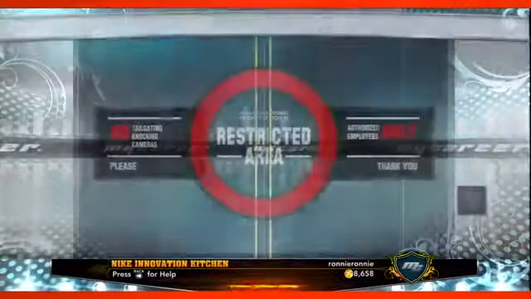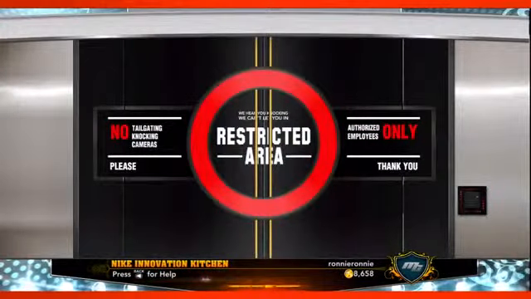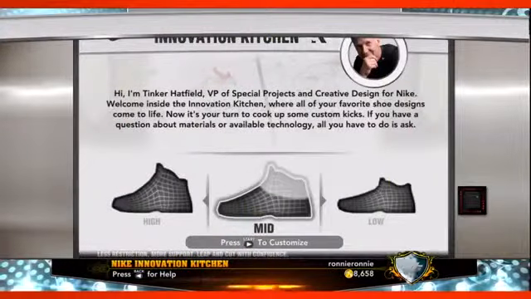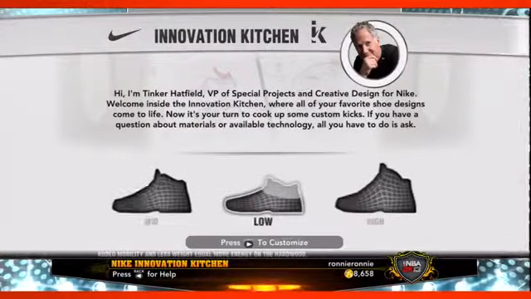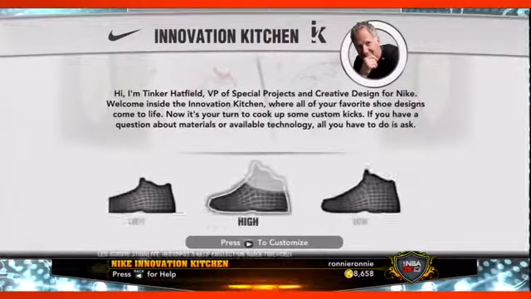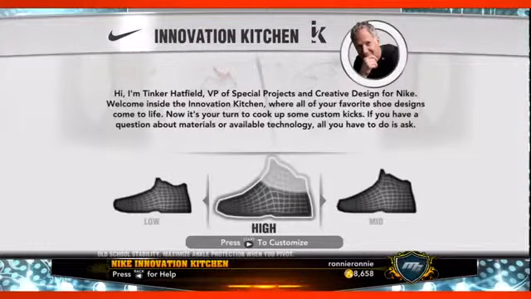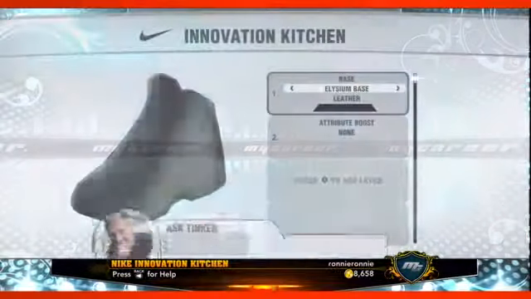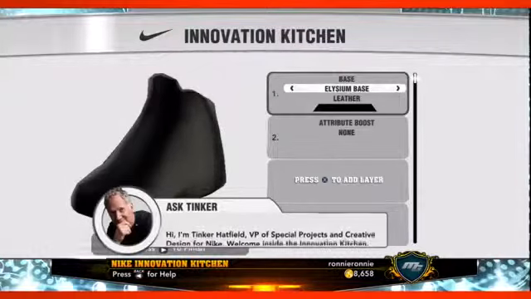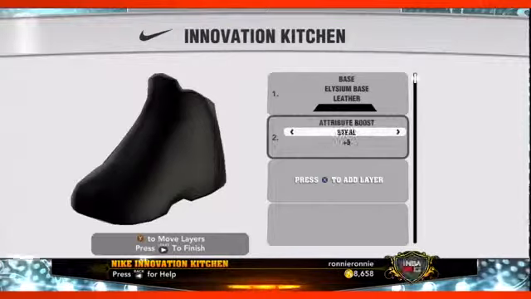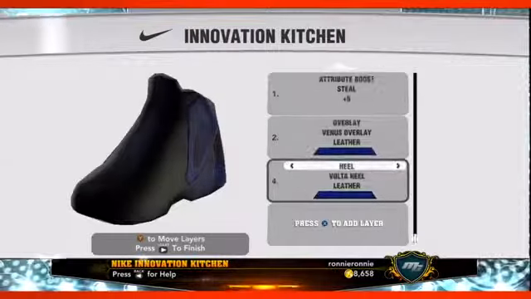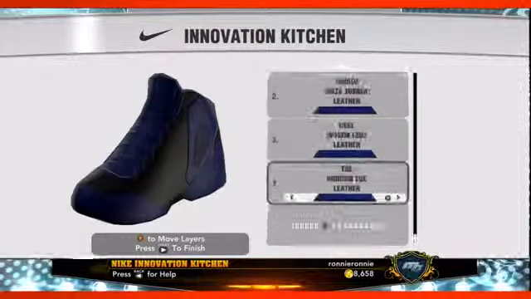Inside of MyPlayer, as you progress, one of the cool things is that once you become a Nike marquee player, you'll be invited in to meet with Tinker. Tinker Hatfield, who's one of the great designers of our time when it comes to shoes, and create your own shoe from scratch, but all based on the Nike brand, based on the Nike materials and all this stuff. So he'll guide you through the shoes, letting you know what attributes and what particular things the build of your shoe are affecting, and that's a really cool thing.